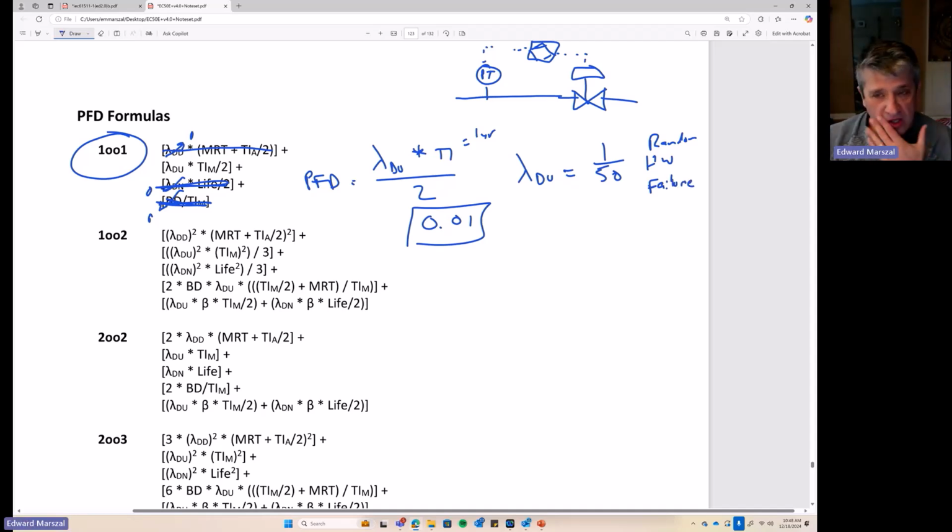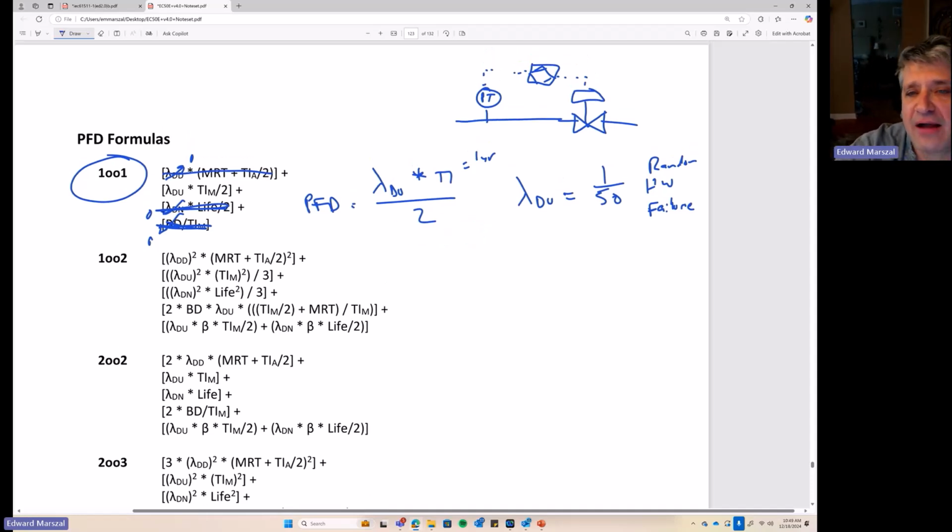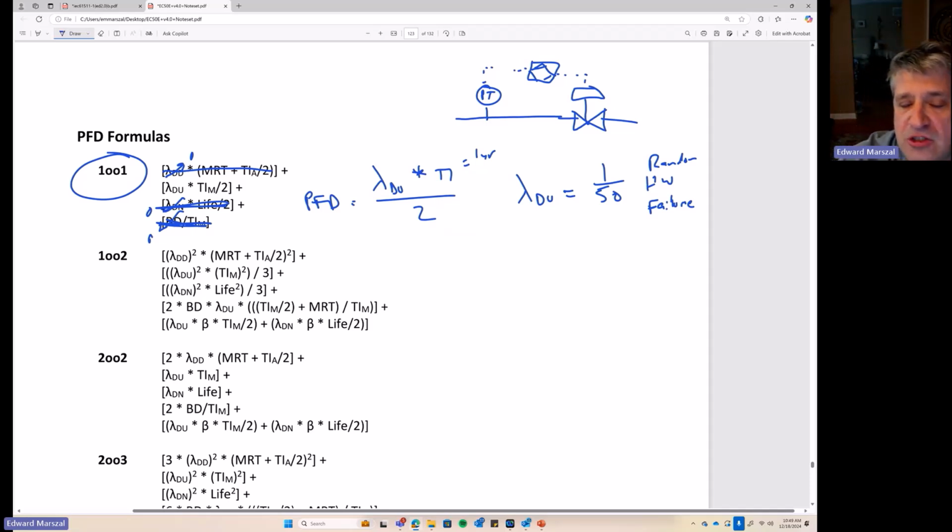Now, if I looked at clause K and I said, oh, I need to include the probability or the frequency of failure associated with human interactions. How do humans interact with this transmitter? So what are the different ways that a human being could have screwed this transmitter up? So one is engineering failure. So I picked a measurement device that's not actually able to measure the process properly.